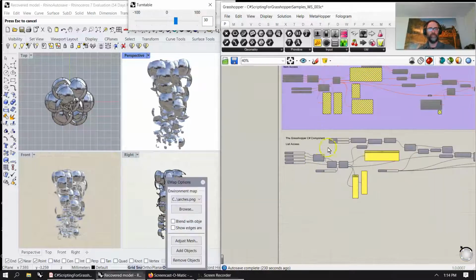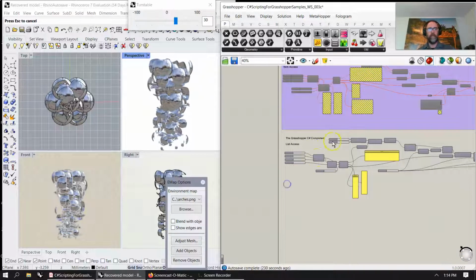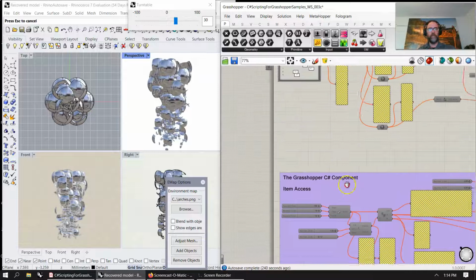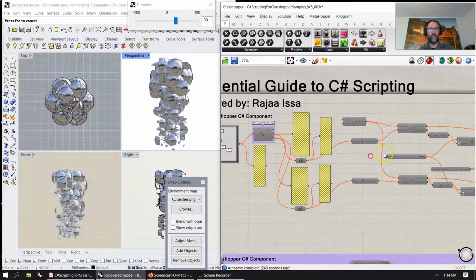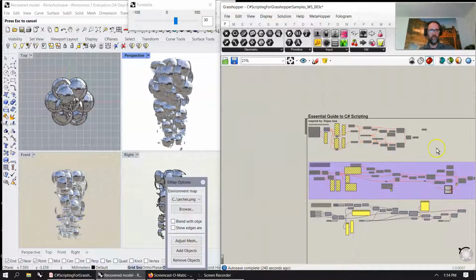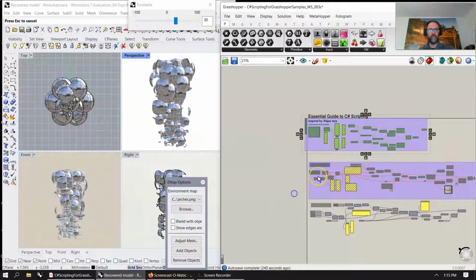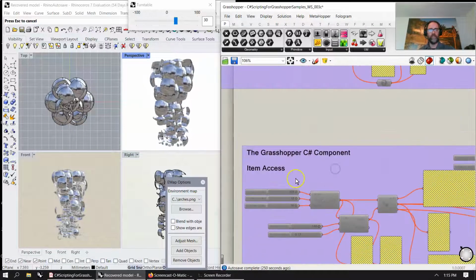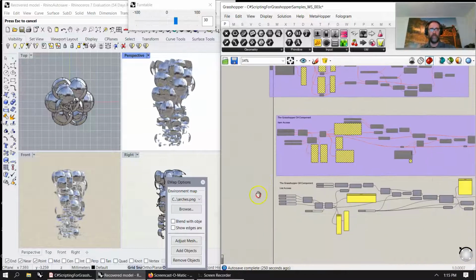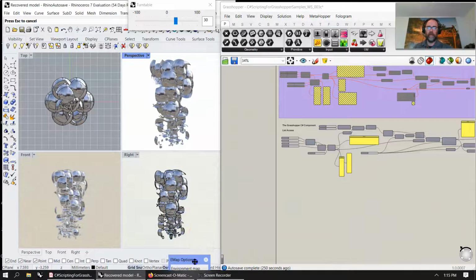What I did recently is I'm going through Rajaa Issa's site and basically generating her simple scripts and then trying to jazz them up into some simple, interesting geometries. I've done one for each of these, so just group that. And then I did one with list access, item access, and then this one's just basically dealing with data as